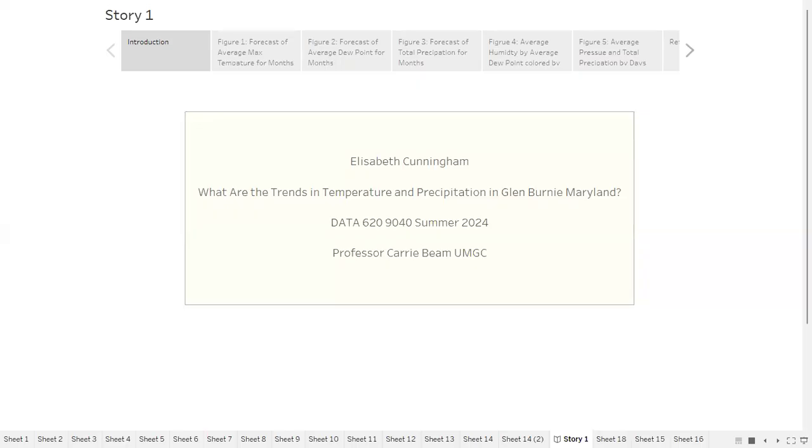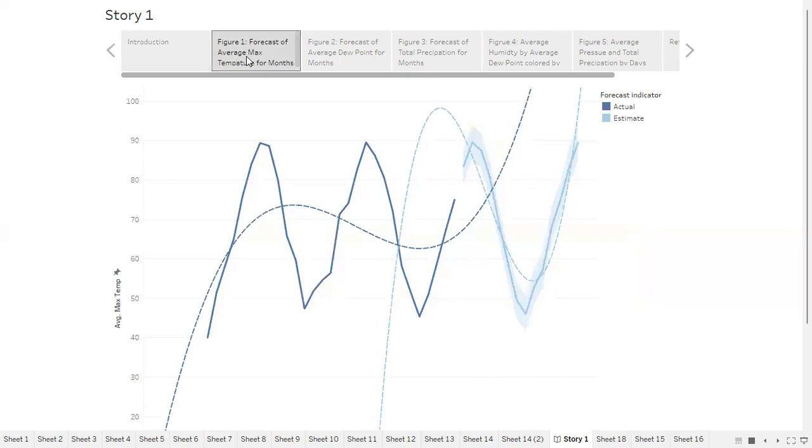Hello, my name is Elizabeth Cunningham, and today I'll be presenting on the trends in temperature and precipitation for Glen Burnie, Maryland, as a part of my summer DATA 6020 class taught by Professor Carrie Beam, the University of Maryland Global Campus. The data that I have chosen is from a weather station at BWI, which gives us information for